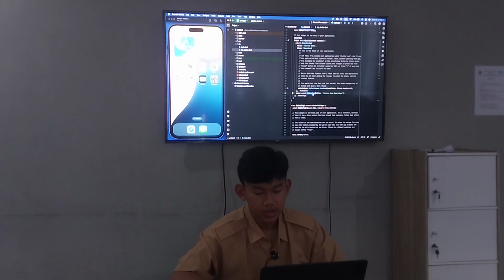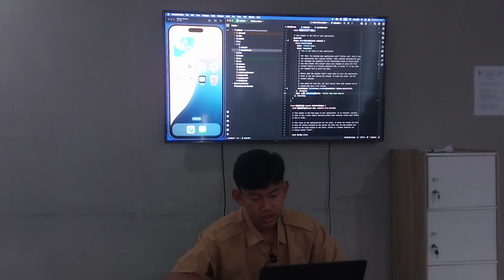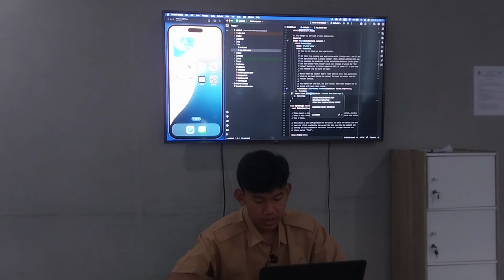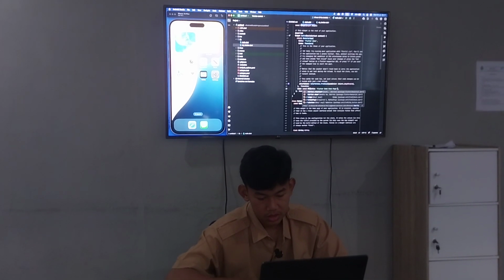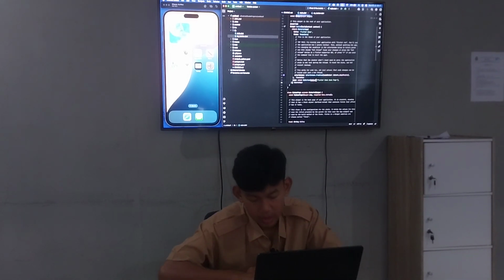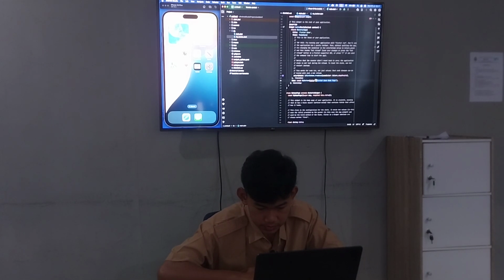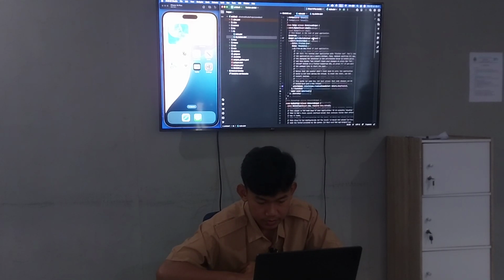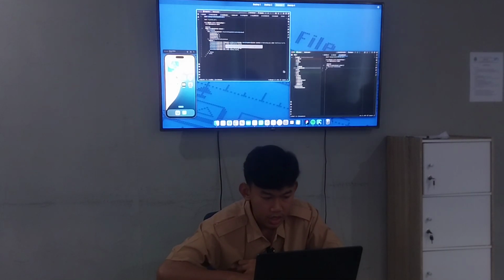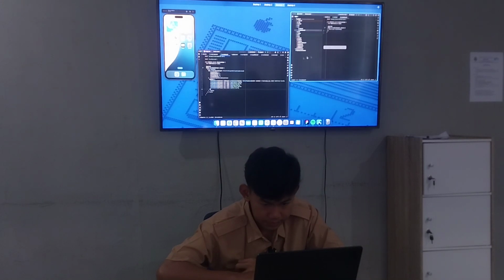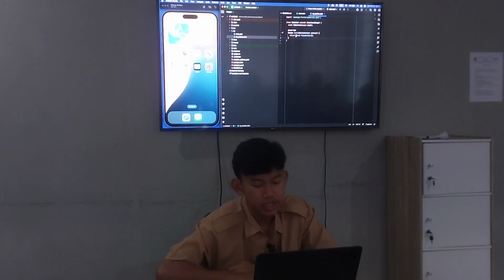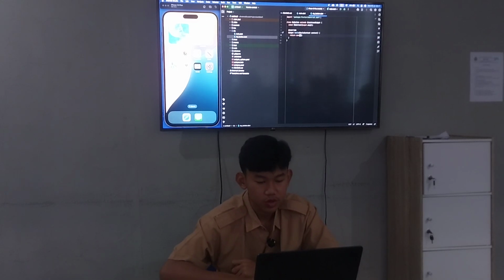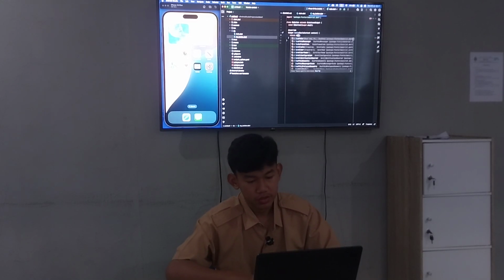The tip is in home code, my home page, rename to be my button, and delete this one. After that, let's go to the return container placeholder and change this code to the scaffold.